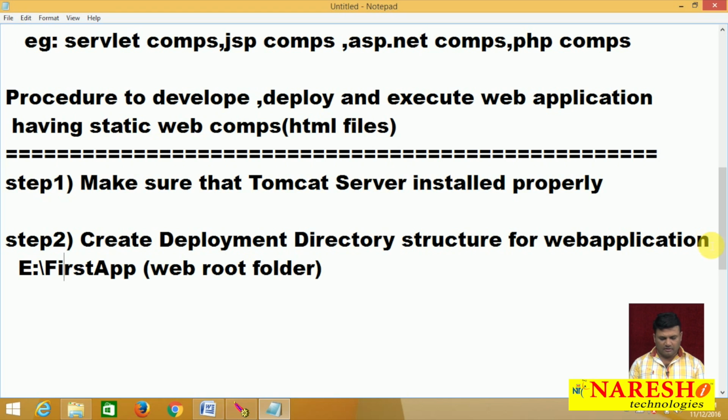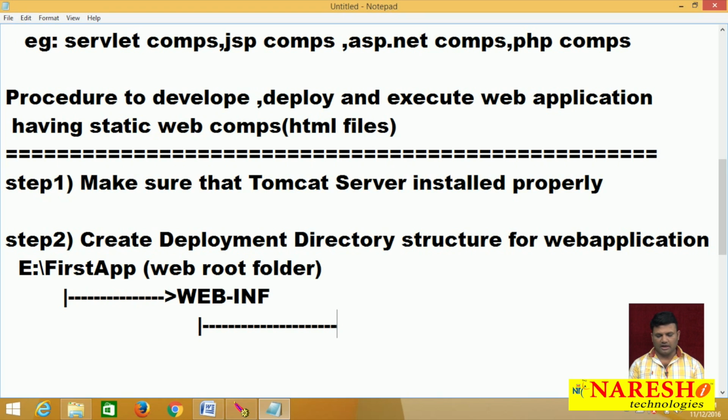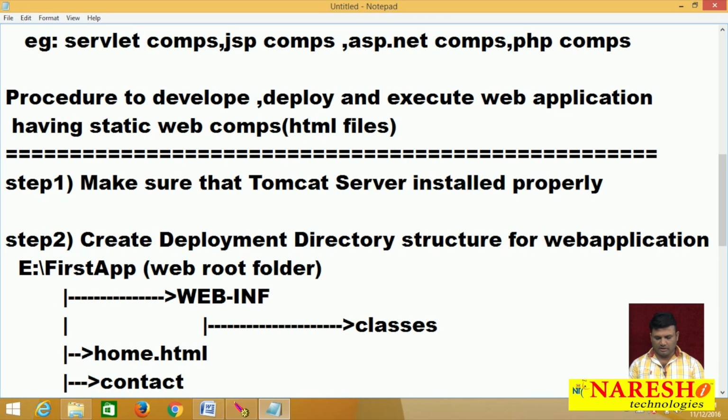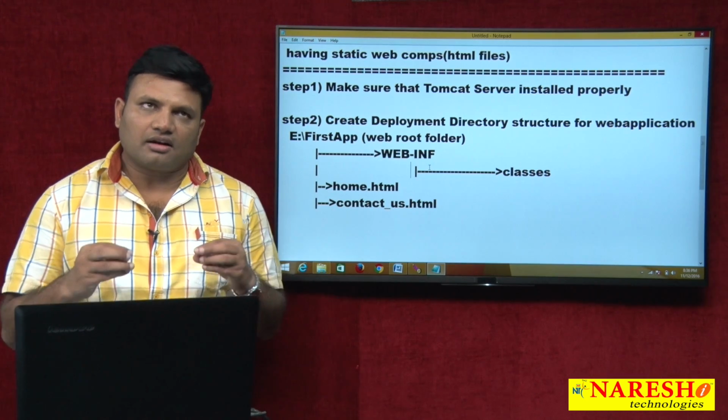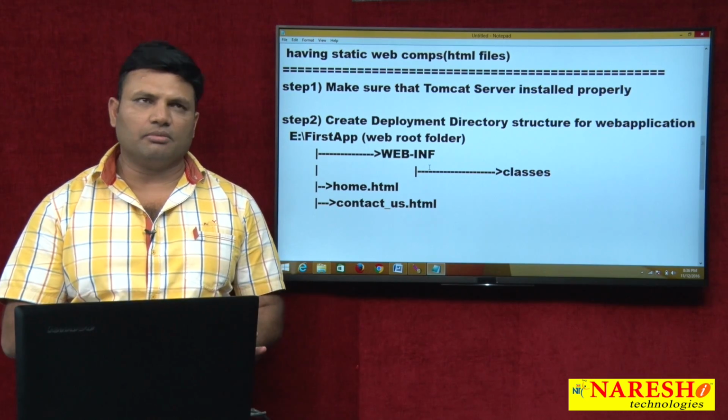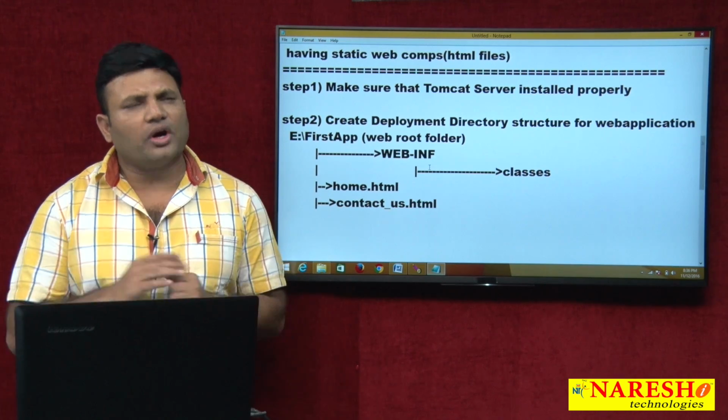Under this I am taking one fixed folder called WEB-INF. Under this WEB-INF, I am taking one more fixed folder called classes. But I am adding two files here, two HTML files, home.html, contactus.html. Many other folders will be there, but this is the minimum that is required